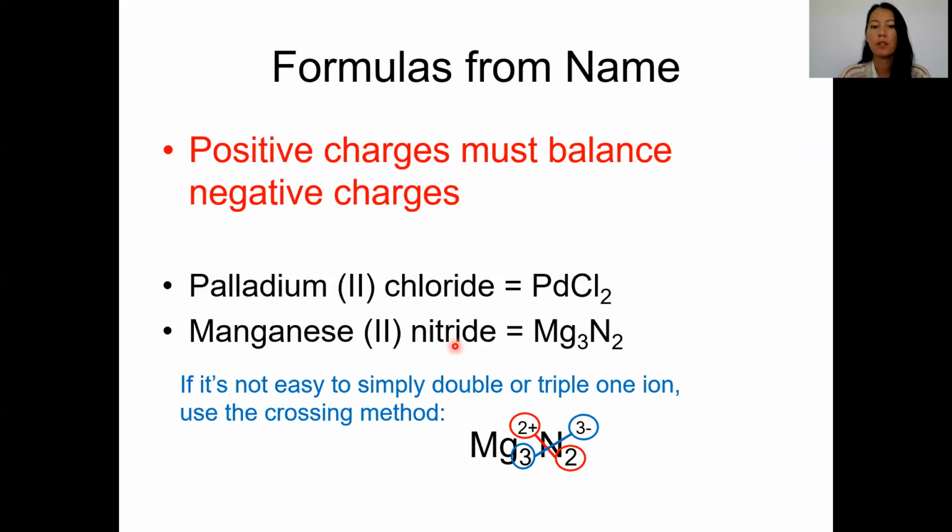2 Cls. In this case, manganese II, that means I had a manganese and I messed up. I wrote magnesium, and that's a very bad mistake. I'm not sure what happened there. It should be Mn. So I apologize. This is Mn. And this should